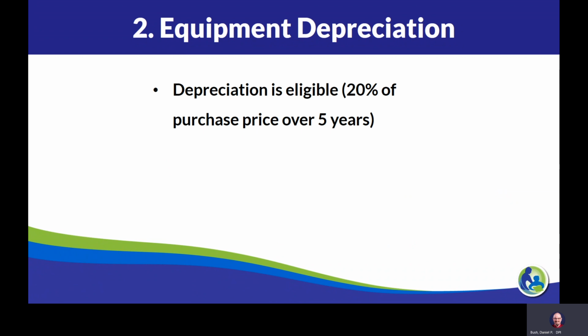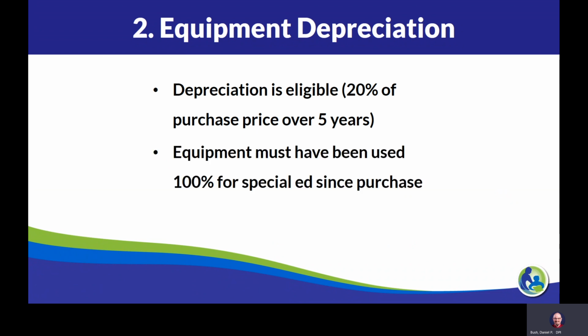Instead, depreciation, which we are defining as 20% of the purchase price of a piece of equipment over a period of 5 years, which is called a 5-year straight line depreciation in accounting speak. For each of those 5 years, the equipment cost can be eligible if it is used by a high-cost student or program. One caveat is that the item of equipment must have been used 100% for special education and related services since it was